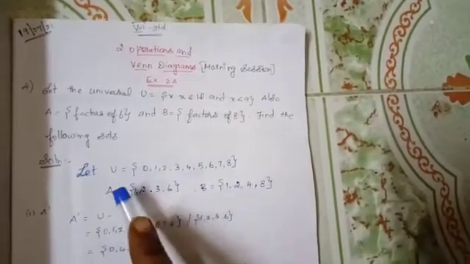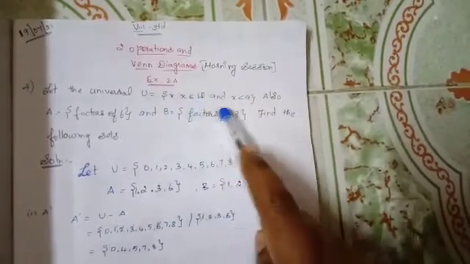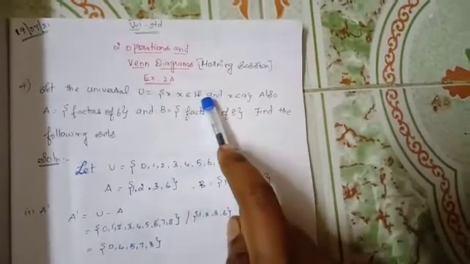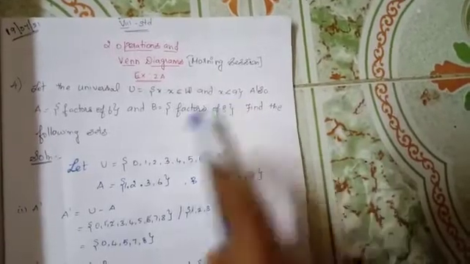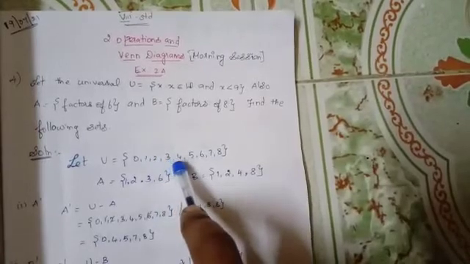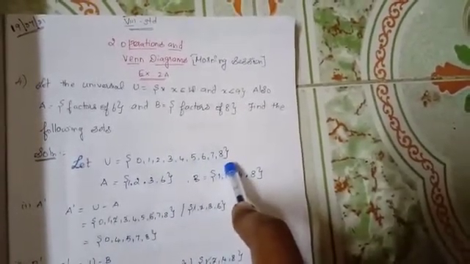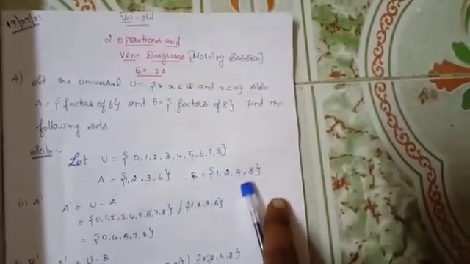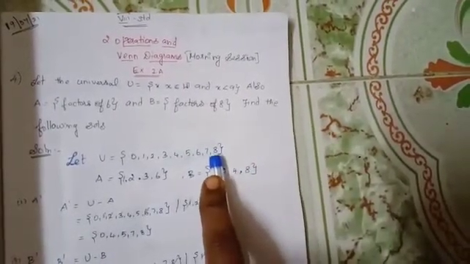First of all, you will write the given. First you take the universal set. Universal set will be given in descriptive form. You will take it in tabular form. So X is the whole number, that means started from 0, but the limitation takes place strictly less than 9. So the universal set having 0, 1, 2, 3, 4, 5, 6, 7 up to 8 only, because X less than or equal to 9 means taking the 9 itself. Strictly less than 9 means you stop up to 8 only, not to exceed the 9.